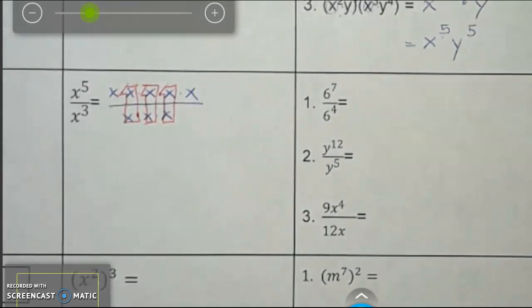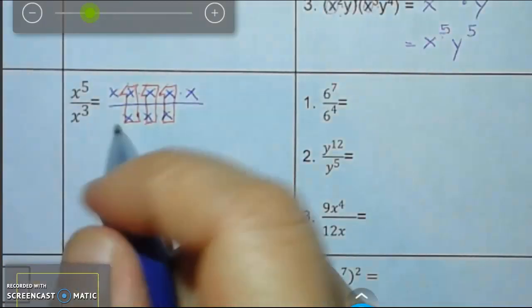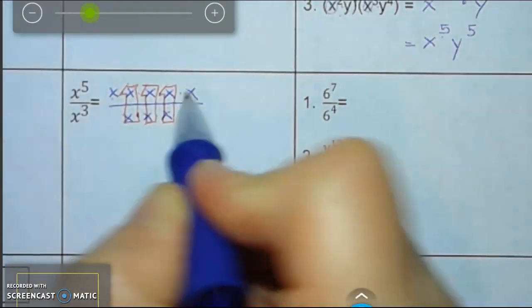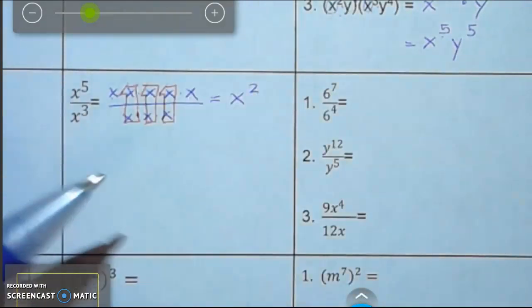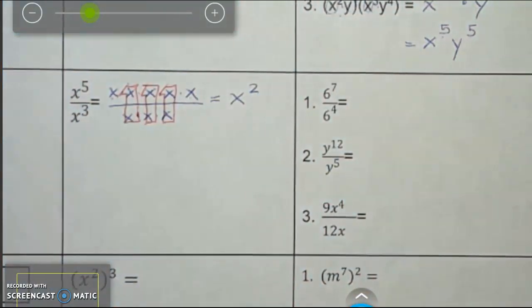Okay, so what are we left with after we cancel out all these 1s? You're still left with 2 x's. That means we still have x squared as our final answer. However,